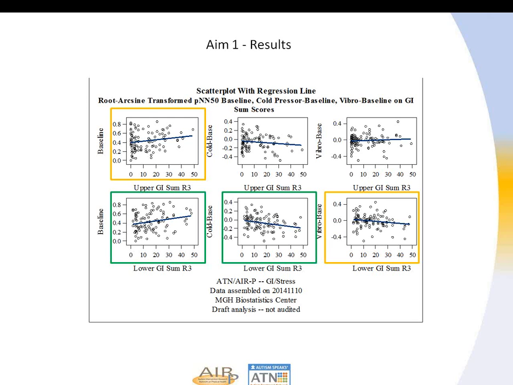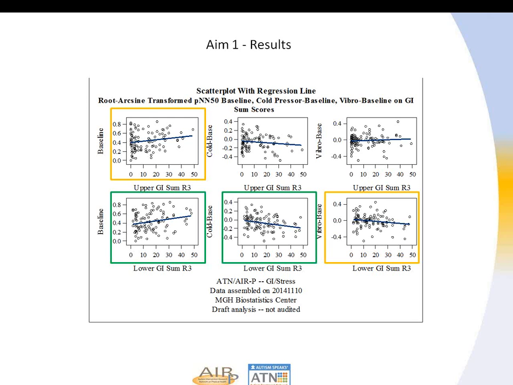And when we looked at the heart rate variability, we found several interesting things. First, we found a fairly strong relationship towards increased heart rate variability with lower gastrointestinal symptomatology at baseline. That's the lower left square there. I highlighted the significant ones in green and the trends in yellow.